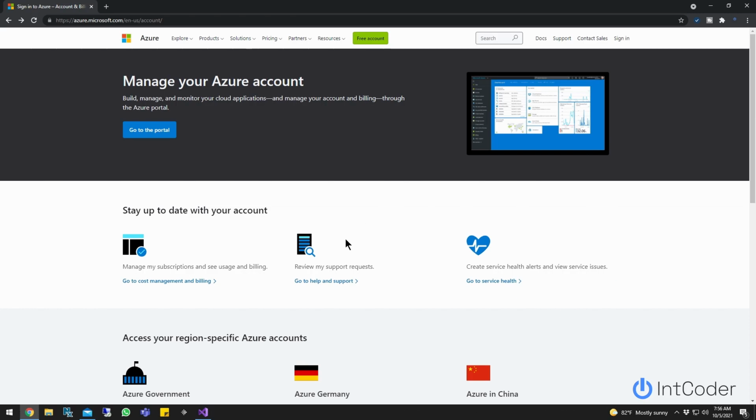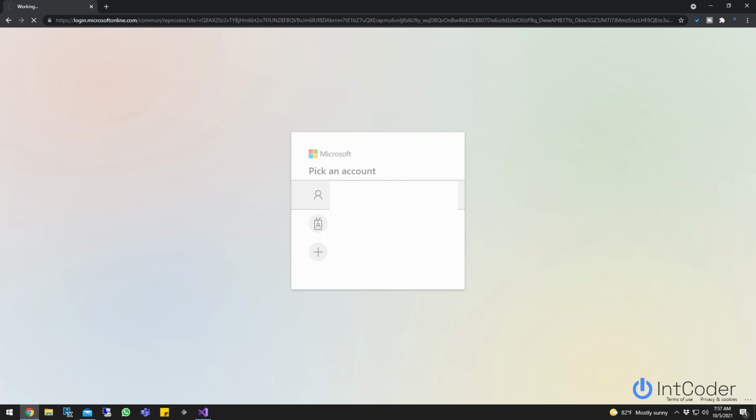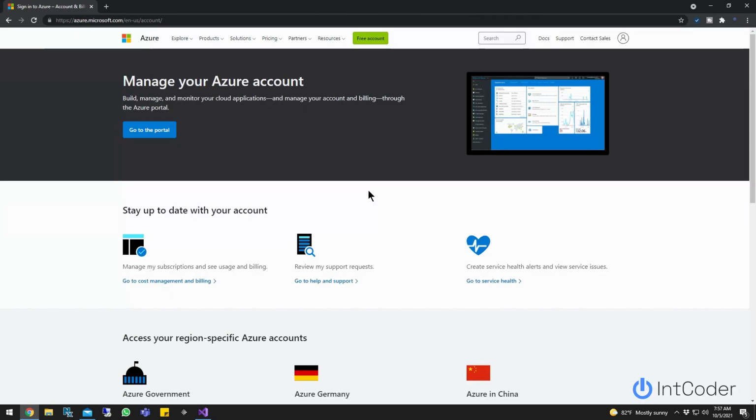The first thing I'm going to do is, I already have my account set up. I'm going to go through the process of creating a test website in your Azure account, and then we're going to go into Visual Studio and publish it into our Azure account. So let's go ahead and sign in first to Azure. Now you go to the portal. Once you sign in,